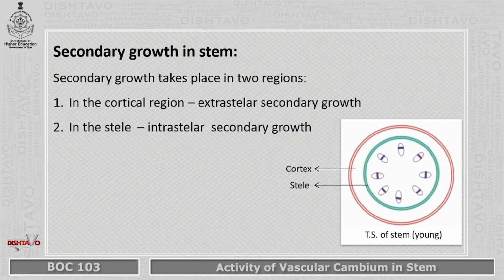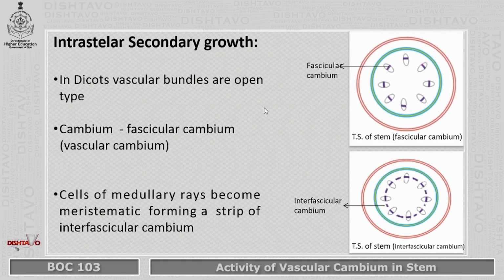The secondary growth in stem takes place in two different places, one in the cortical region and the other in the stellar region. The growth which occurs in the cortical region is called extrastellar secondary growth, and the growth which takes place in the stellar region is called intrastellar secondary growth. In intrastellar secondary growth,